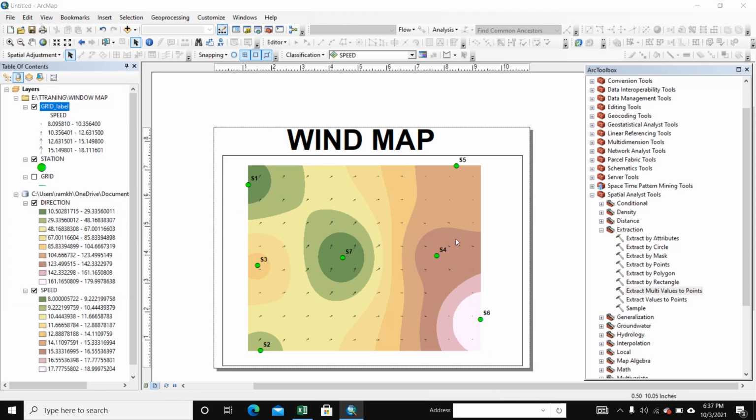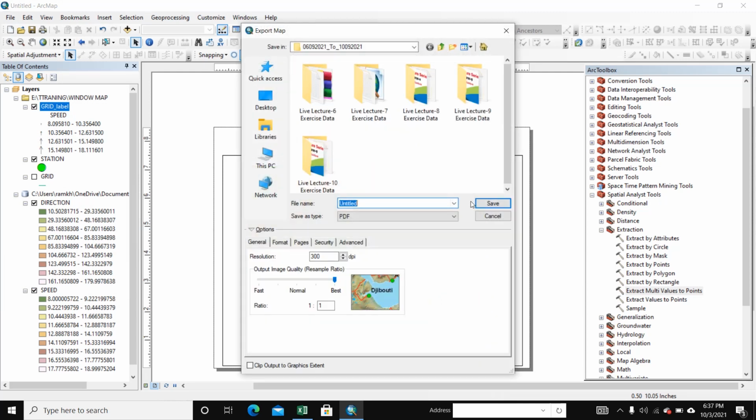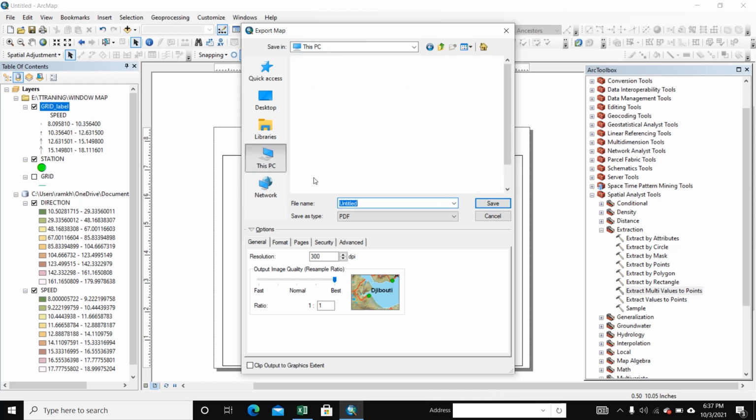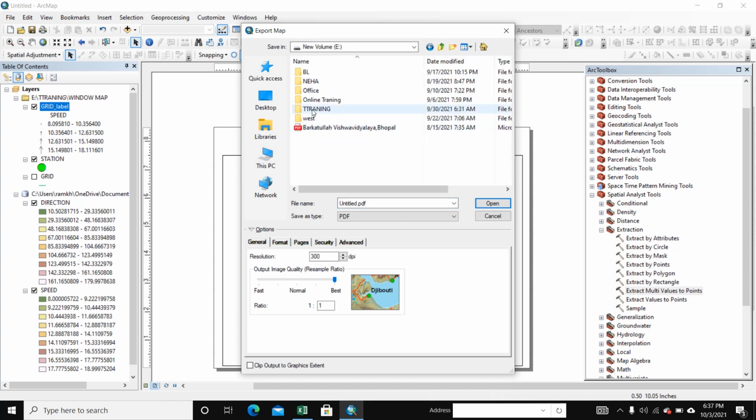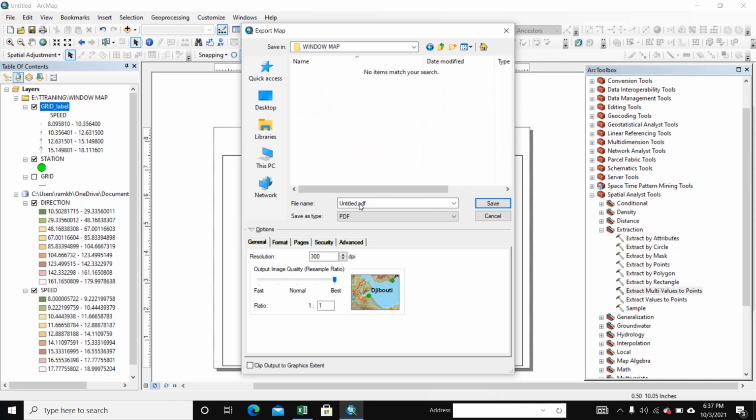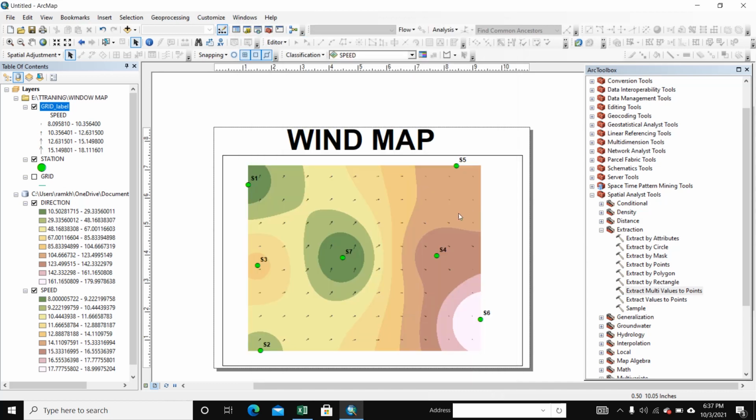File, export map, write here wind map, save, we created.